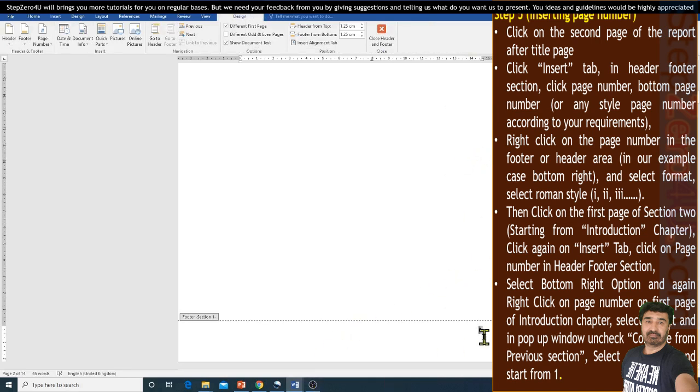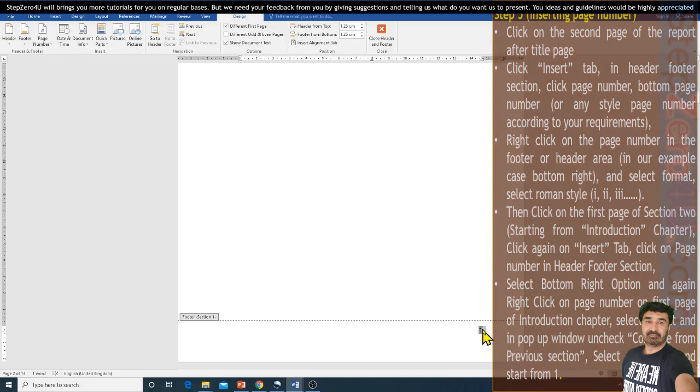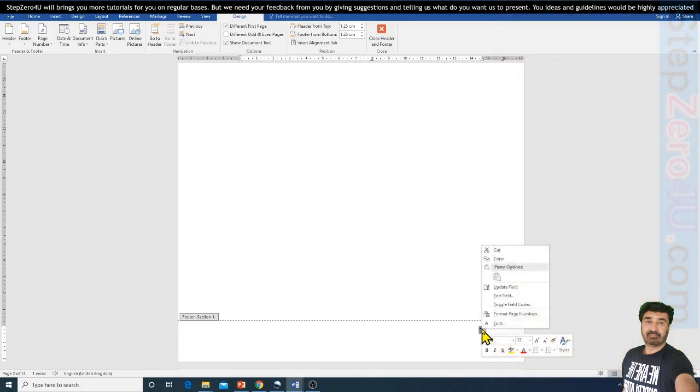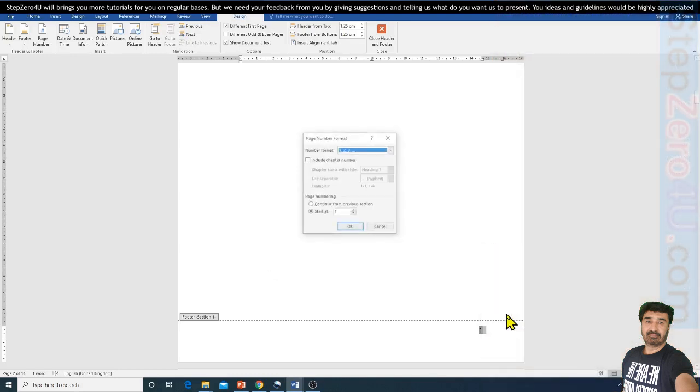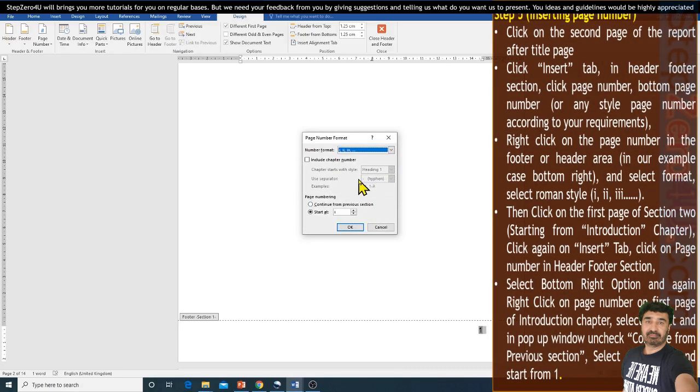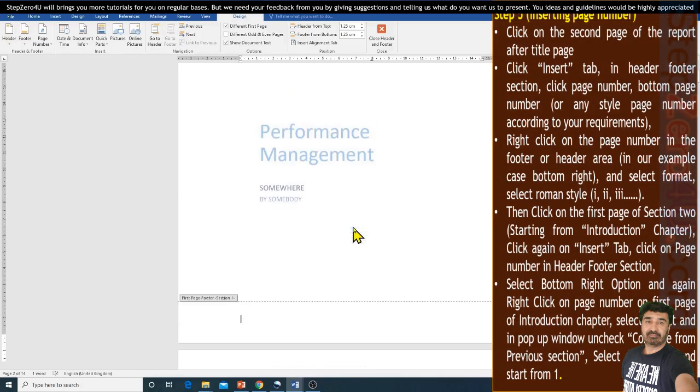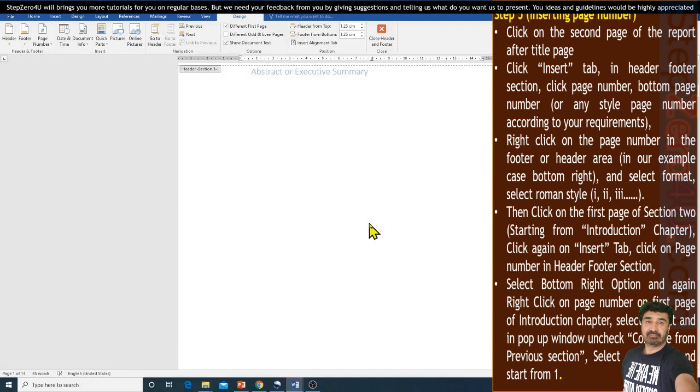We see that we have numbers, but we need Roman numbers. Therefore we will select this, right-click on it and go to Format Page Numbers, and from the pop-up window we will select Roman style.